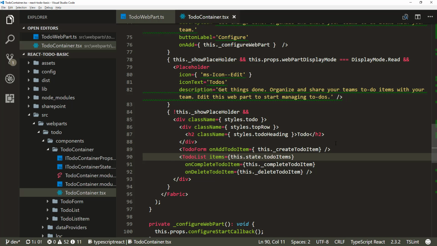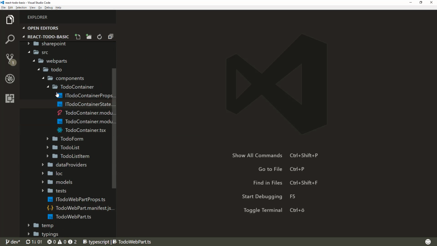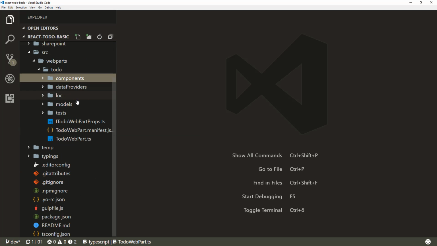Good. So let's quickly have a look on how do we actually use this web part in practice within the UIs, and how do we actually also take this web part into use. So what does it mean when we have a custom web part and how we can host that within SharePoint Online. So when the web part has been implemented, you're happy with the implementation and it works properly,